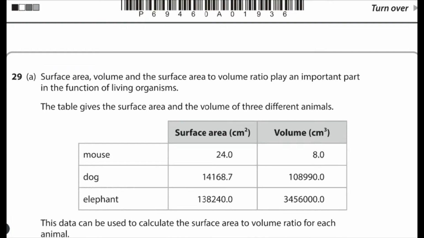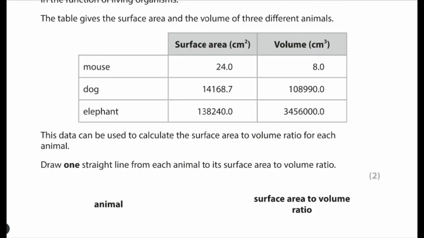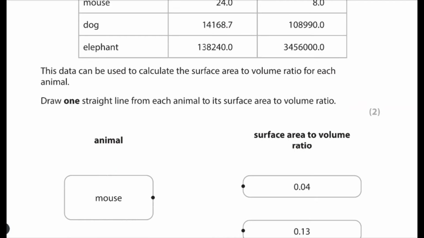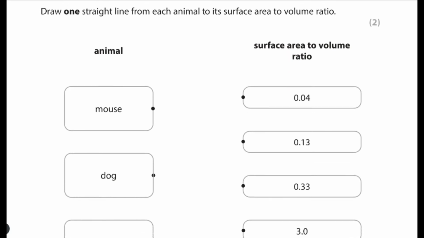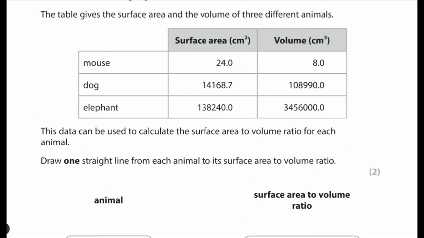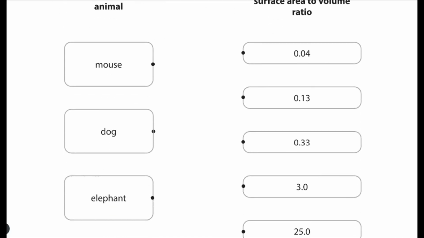Next question, 29th question. The surface area, volume and the surface area to volume ratio plays an important part in the functioning of living organisms. So they have given some values. This data can be used to calculate the surface area to volume ratio for each animal. Draw one straight line from each animal to its surface area to volume ratio. First of all, we have 24 to 8. So you'll have to use the calculator for this. If you do the ratio 24 divided by 8, you'll get 3. So that 3 is for